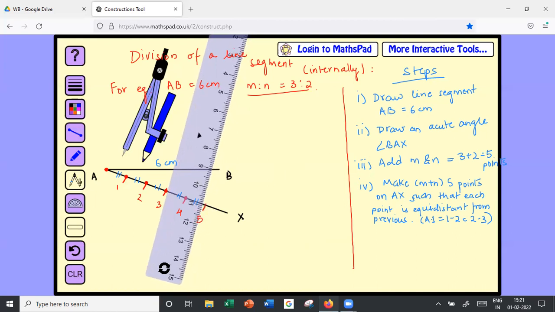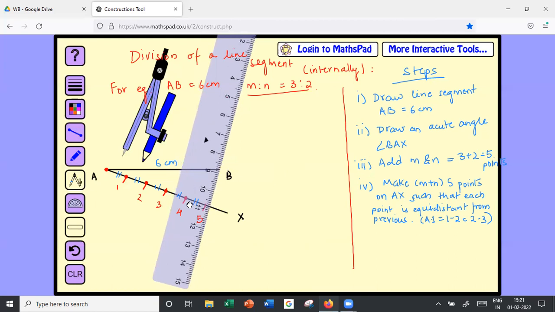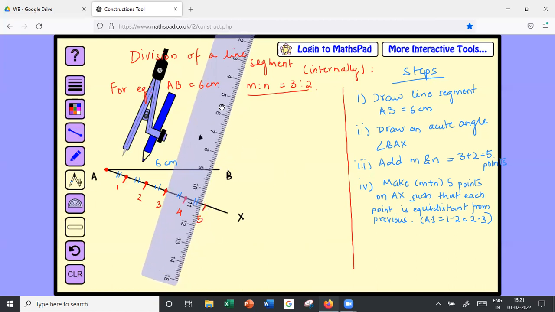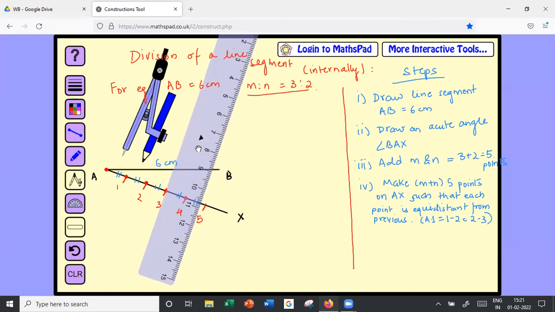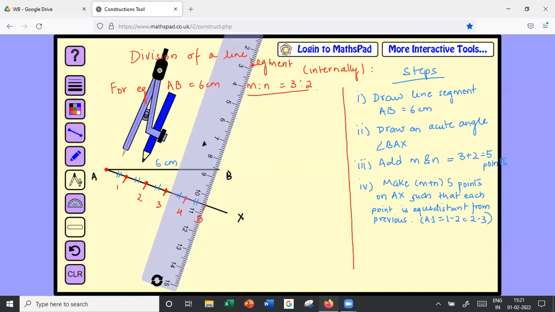Ma'am, isn't it compulsory that the 5th point should be exactly in line straight to the B? No, it's not compulsory at all. It doesn't have to be. Okay, ma'am. Okay, my bad. I made a little error, right? The 5th point has to be joined to the point B, right? So you can just make a straight line joining point B. Okay, I'll write it here. Join point 5 to B. Correct?